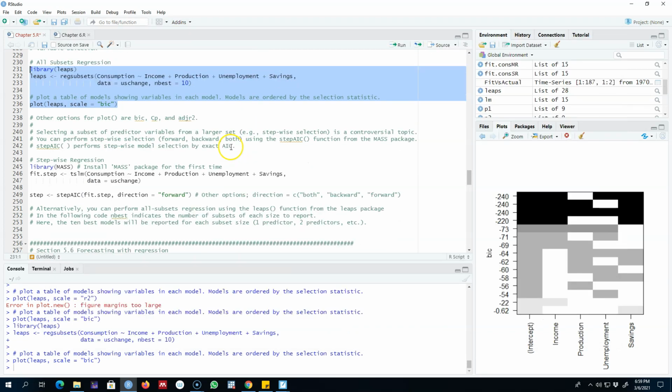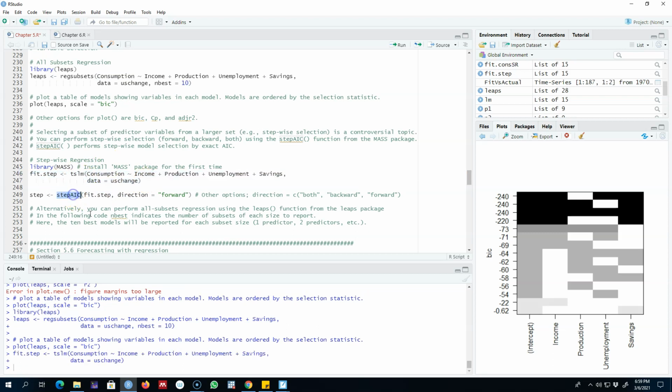Now the problem, as I said earlier, was that sometimes it may not be possible to regress all possible combinations of models. So it may be useful to use the library MASS. I'm going to regress my full model as usual using the TSLM function, and then save the results. In the next step, I'm going to use the stepAIC function, and my first argument will be our saved multiple regression model.